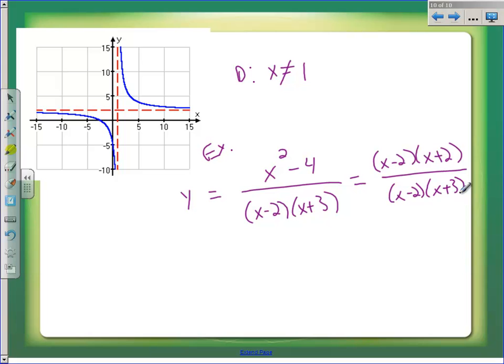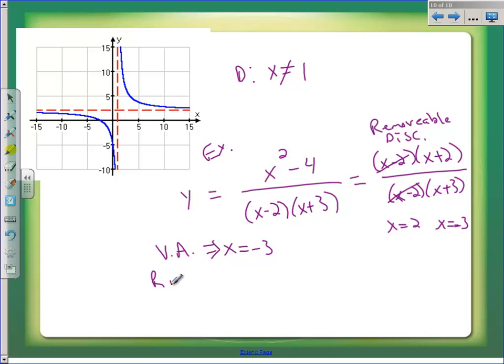So let's answer a couple questions here. What are the vertical asymptotes? Well, for the vertical asymptotes, you set the bottom equal to 0, but you better make sure neither one of those values also makes the top equal to 0. When I set the bottom equal to 0, I get x equals 2 and x equals negative 3. However, my vertical asymptote is only x equals negative 3, because this x minus 2 also appears in the numerator. That is a removable discontinuity,